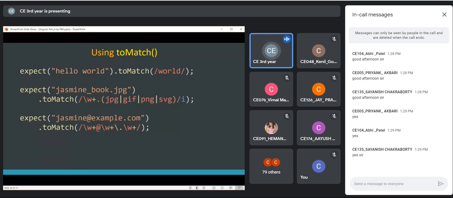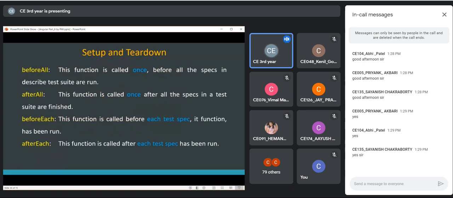So some tasks need to be done. In the Jasmine framework also it supports this kind of thing. So basically this is called setup and tear down. There are two pairs of functions available: beforeAll, afterAll, and beforeEach, afterEach. So the beforeAll function will be executed before all the test specifications of a given test suite are executed, and the afterAll function will be executed once all the test cases finish for a given test suite.